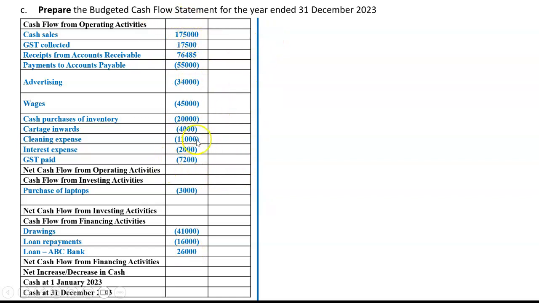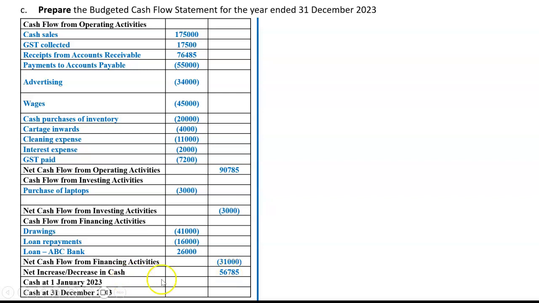So if we add up all these numbers in the operating section, we get 90,785. The investing section, I know there's only one item, but we still do need to put a total. So we're going to put that there. Financing activities, we're going to add up these three numbers, and we're going to get an outflow of 31,000. And then to get the net increase or decrease in cash, we just add up these three numbers. 90,785, negative 3,000, negative 31,000. That will be an overall inflow or increase of cash of